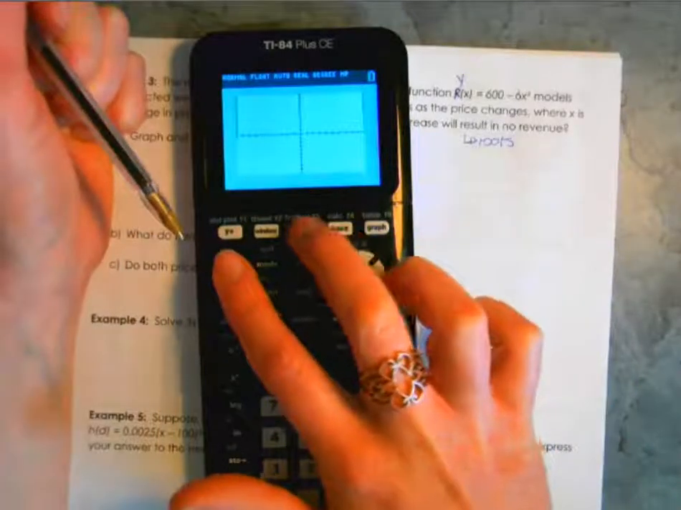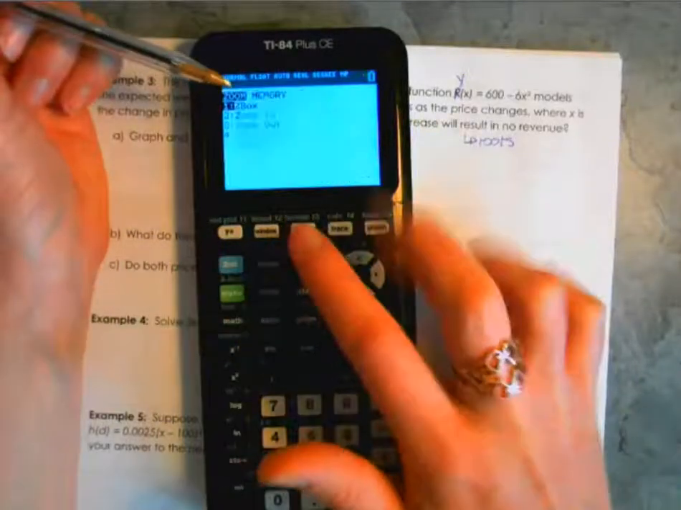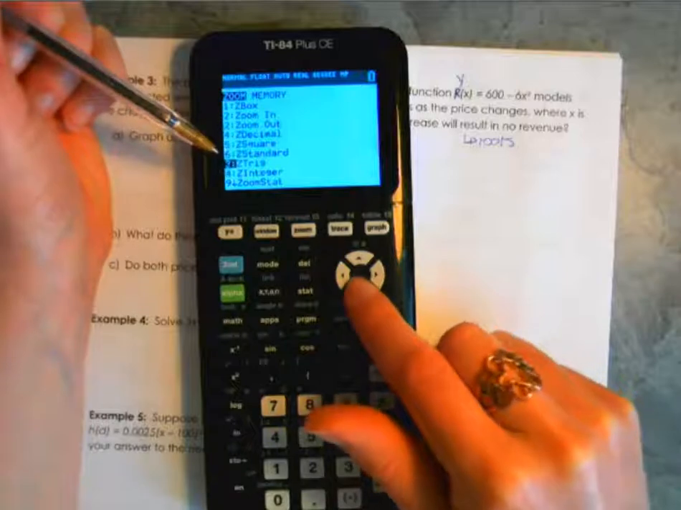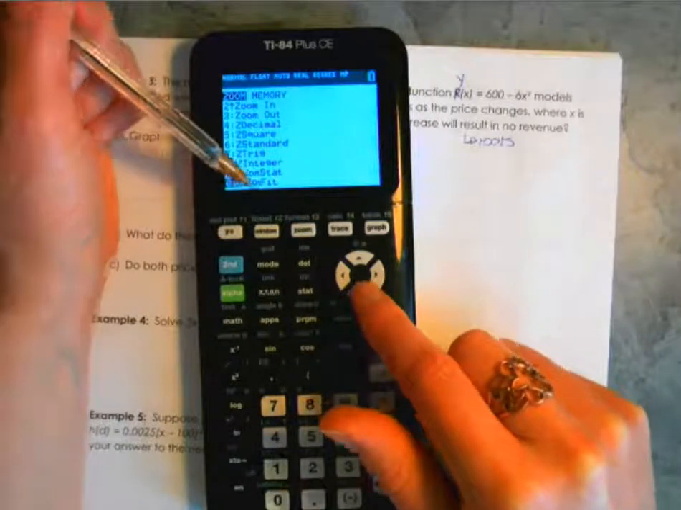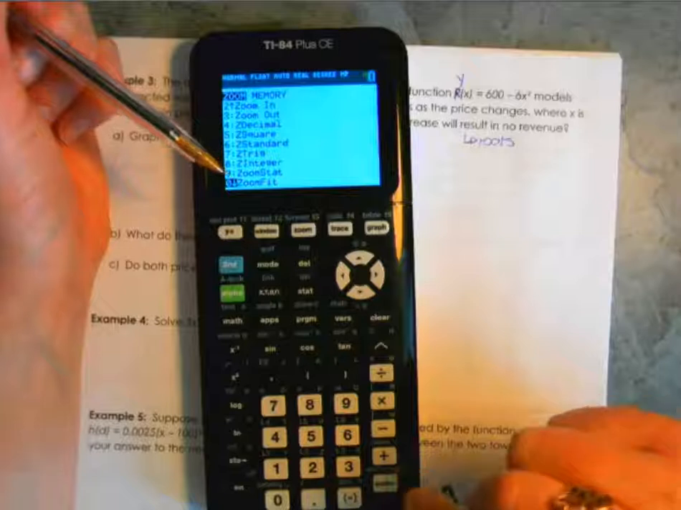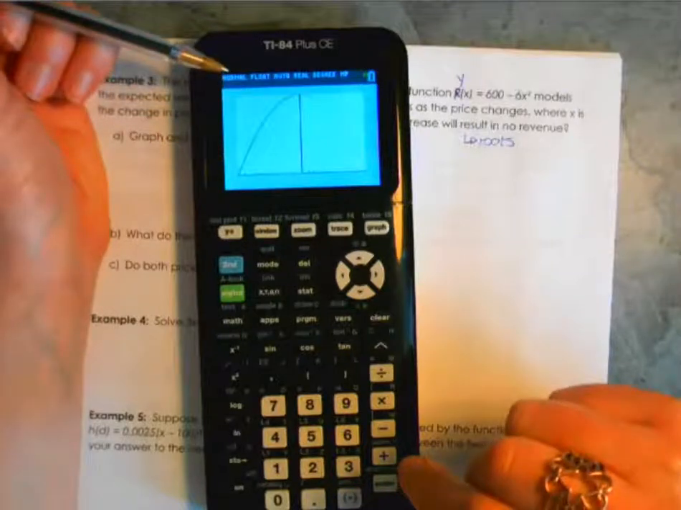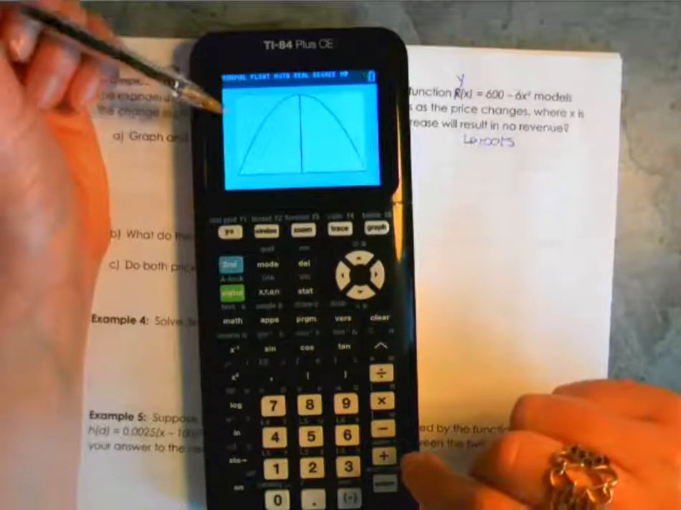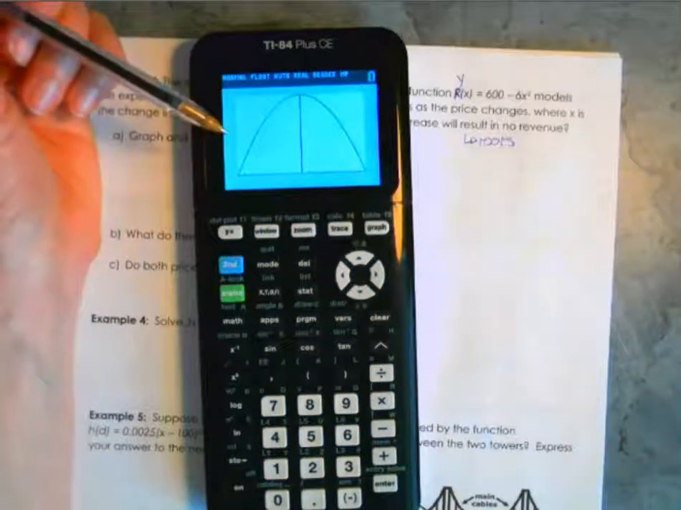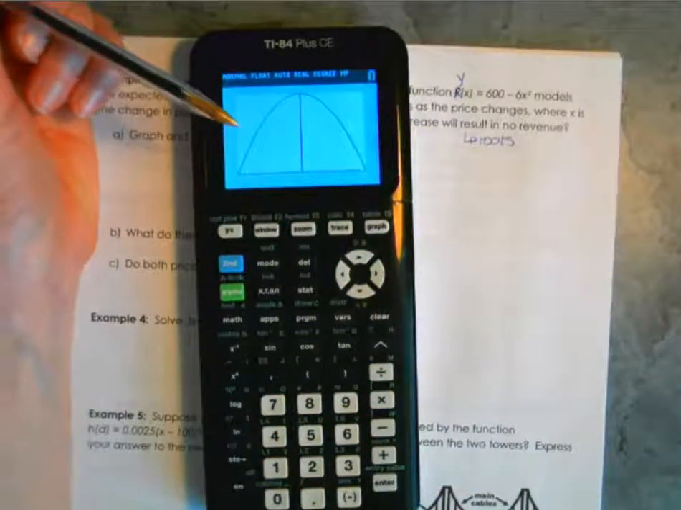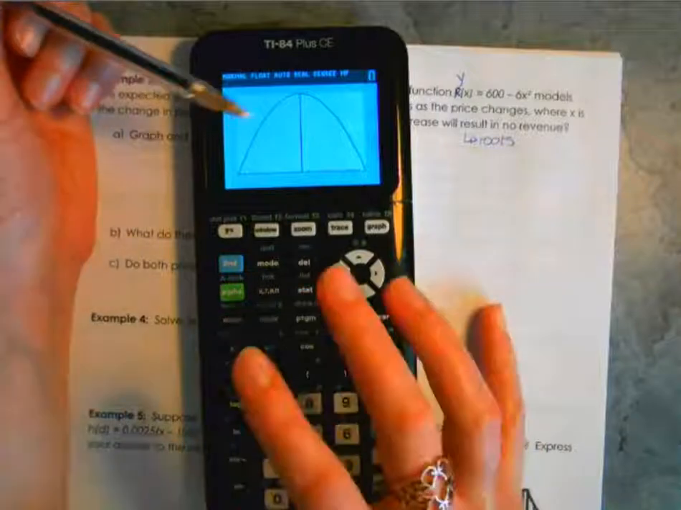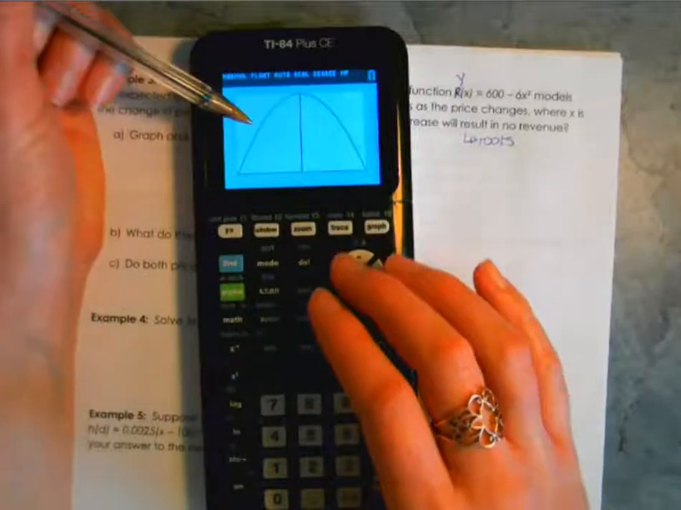Sometimes what you can do here is go into zoom, and you can go to 0, which is zoom fit, and this will move your graph so that it mostly fits everything in there. I'm not sure exactly why, but sometimes it doesn't seem to quite get it all in there. So Zoom Fit can be a good place to start, but